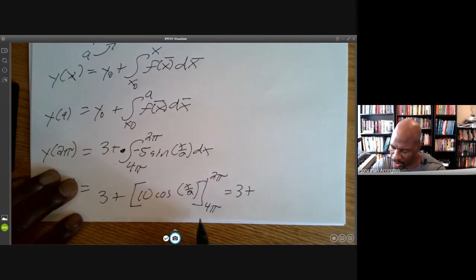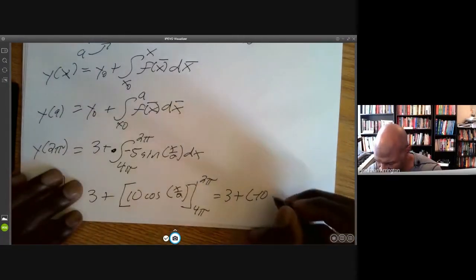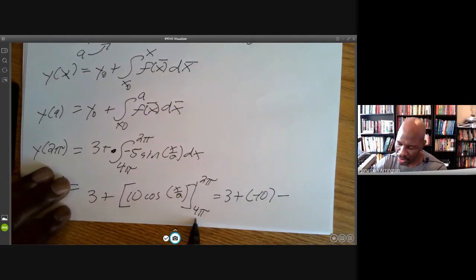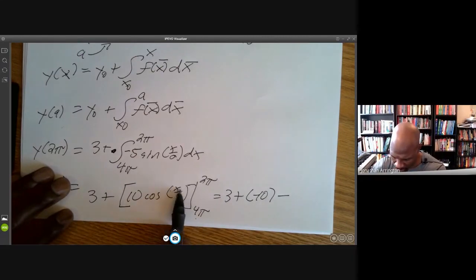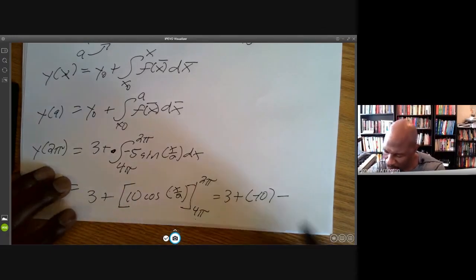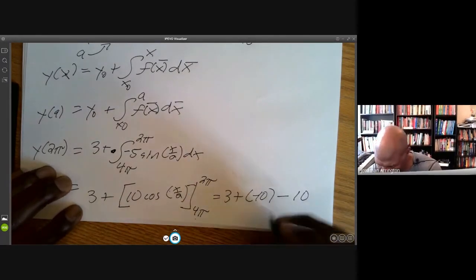Cosine of pi is negative 1, so that's negative 1 times 10, which is negative 10, minus, now if I plug in 4 pi for x, that's 4 pi over 2, which is 2 pi. Cosine of 2 pi is positive 1, so that's positive 10. And so that's 3 plus negative 20,